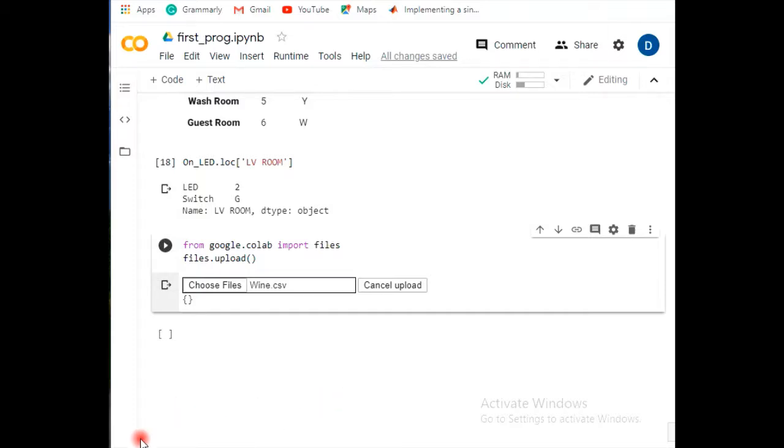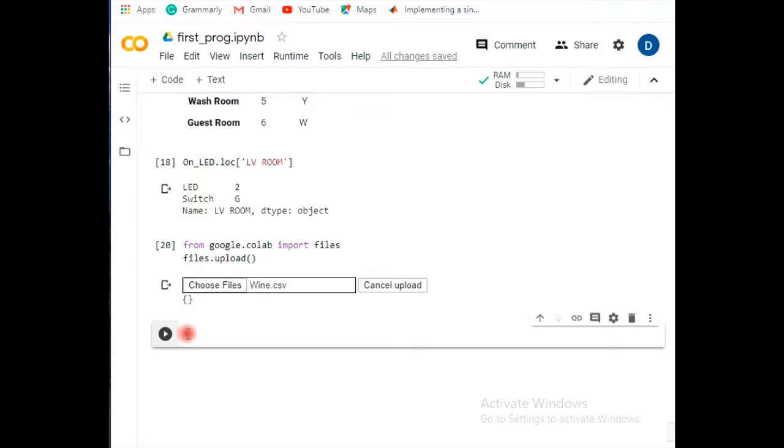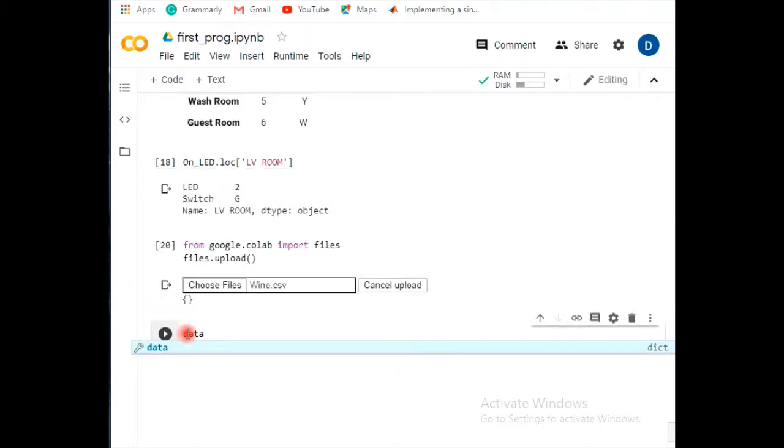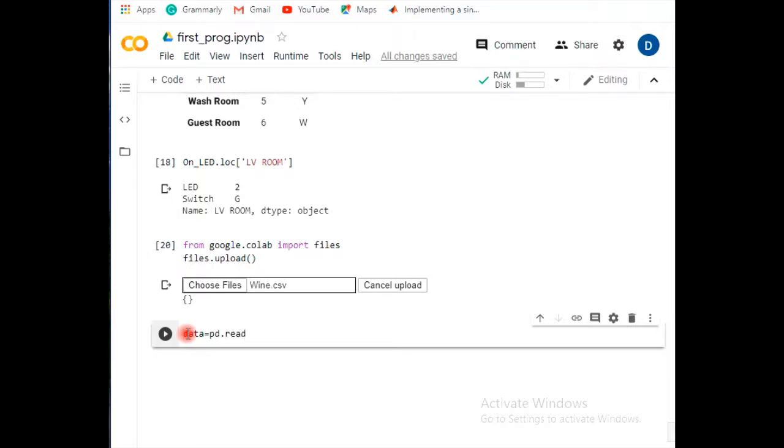Now let's move to the next command. In the next step, we have to choose a variable. Suppose wine.csv has certain data related to a wine shop and liquor shop statistics. So I'm giving a variable, data, and this data I'm going to read like this: pd dot read underscore csv, and I have to mention whatever the csv file is.